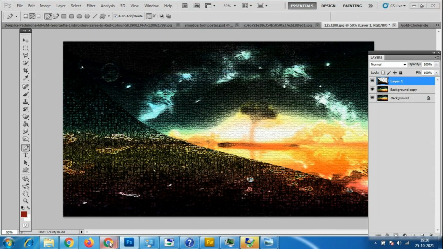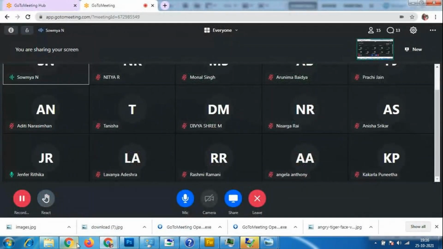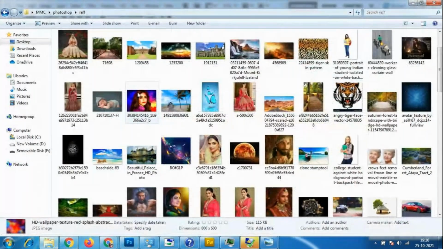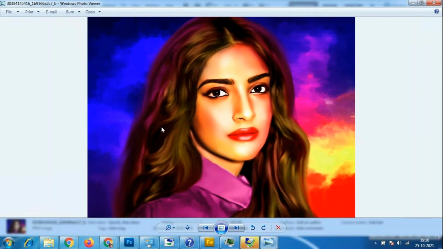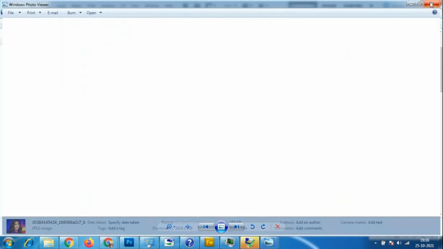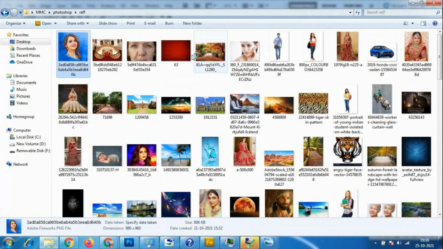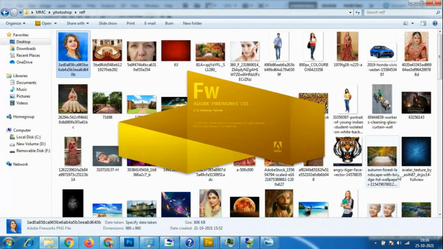In the smudge tool, the dress will look completely blurred over here. You cannot see the texture inside the dress. The dress will not have its texture visible. Ma'am, I have used the smudge tool only for the face, not for the dress.